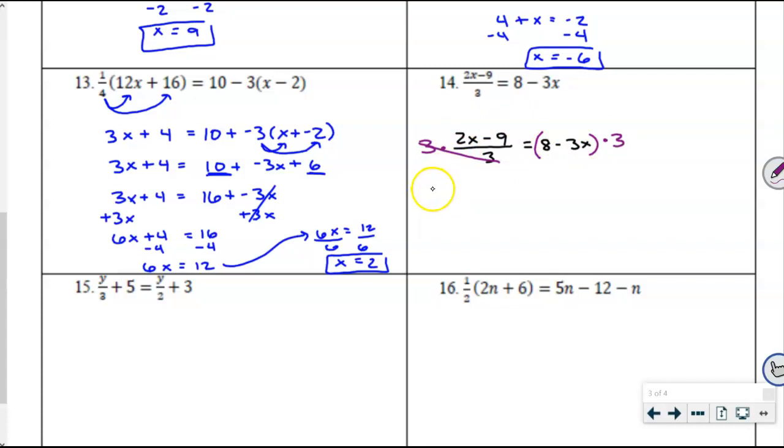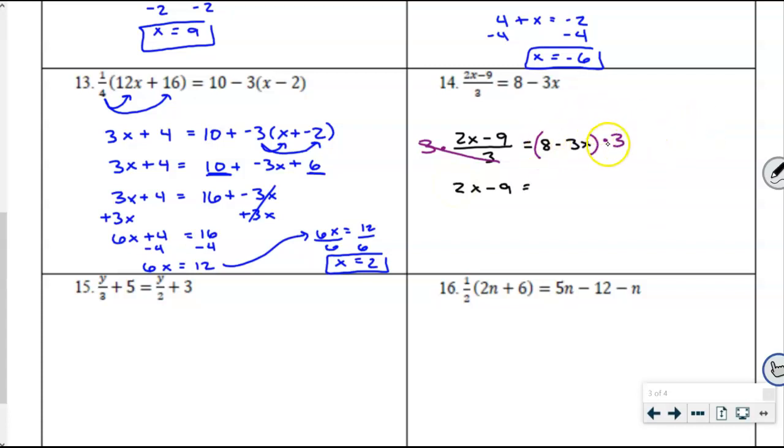Let that sink in. It is okay to undo this by multiplying by 3 because I am multiplying the whole side by 3. I'm also multiplying this whole side by 3. You've heard me say it before, whatever you do to one side, you do to the other side. But we just need to make sure that we're emphasizing we're doing it to the whole entire side. This now leaves me with, on the left-hand side, 2x minus 9, which is equal to, we